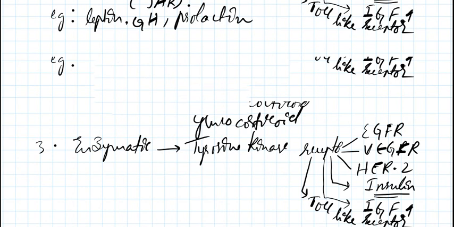And another enzymatic type of receptors are guanylate. I'll better write it on another page. Okay. Now another type of enzymatic receptors are guanylate